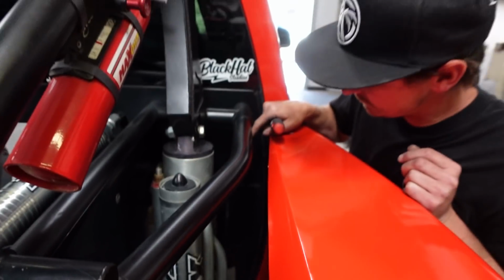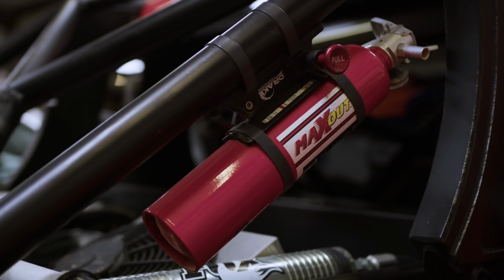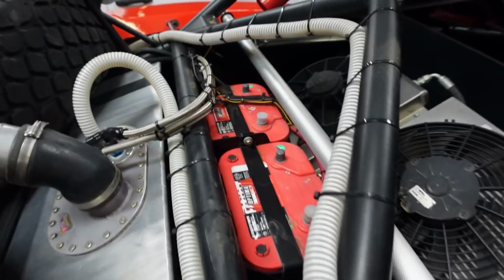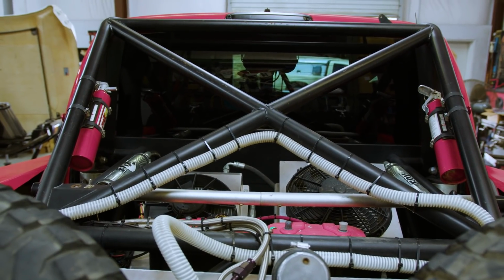No, Craig made that. Oh, Craig made this. Yeah. Tell us what's going on back here. Same thing, 2.5 coilover, 4.4, 16-inch, 14, 16. Okay. 2 fire extinguishers, so I do have fire extinguishers at least, on a quick release mount, 2 batteries, 2 trans coolers that don't match, 2 tires,